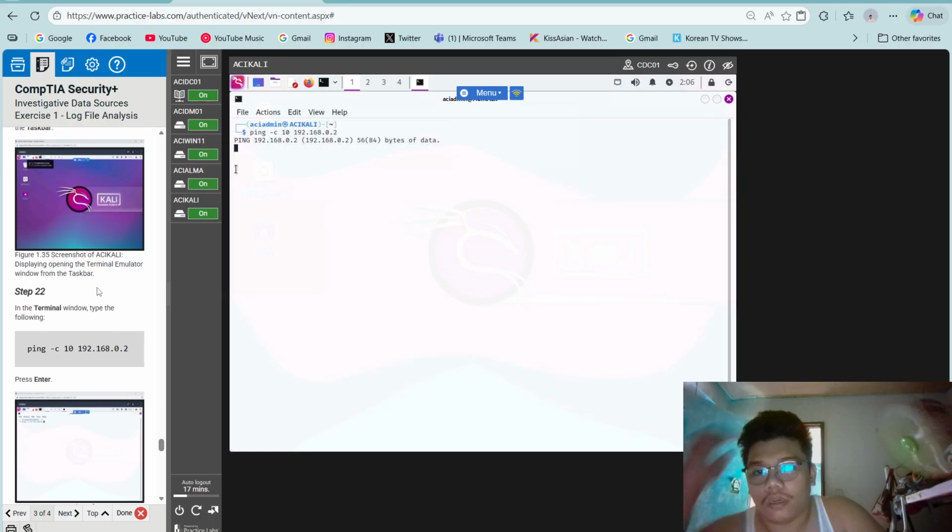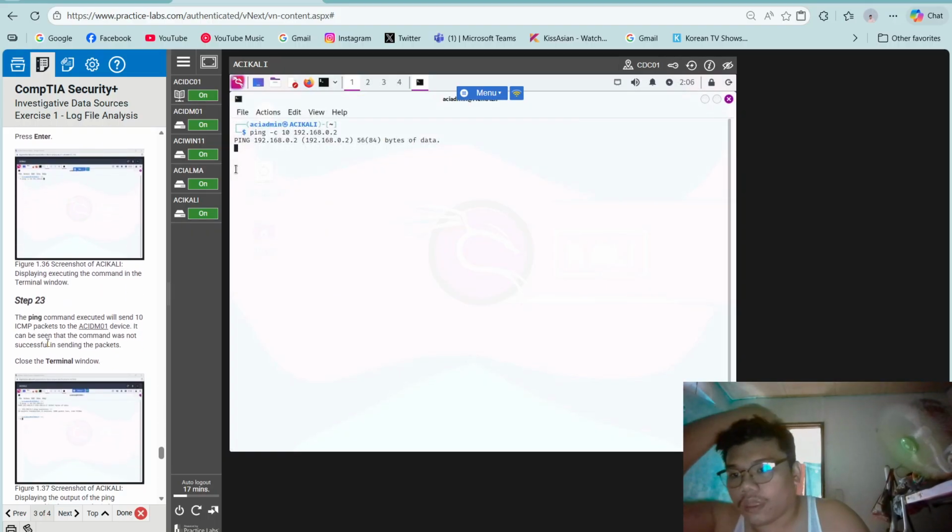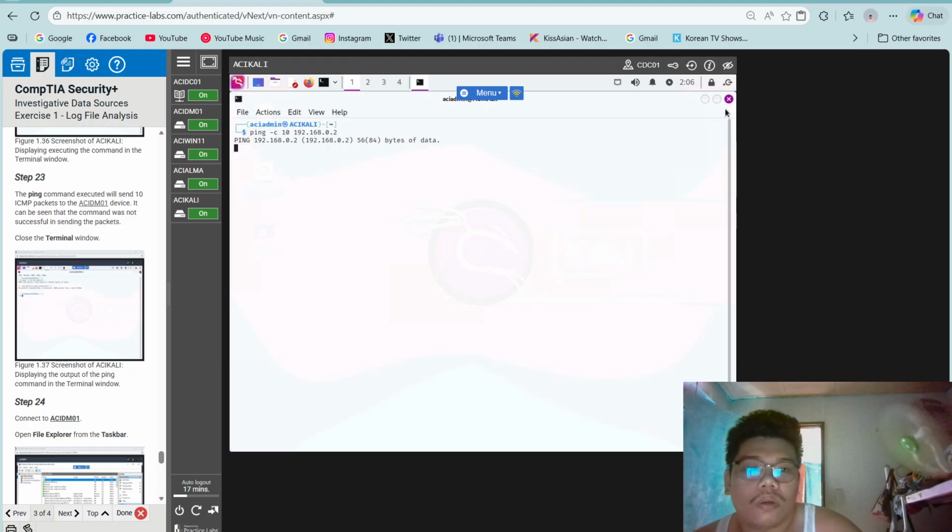Hit enter. The ping command executed will send 10 ICMP packets to the ACIDM01 device. It can be seen that the command was not successful in sending the packets. Close the terminal.